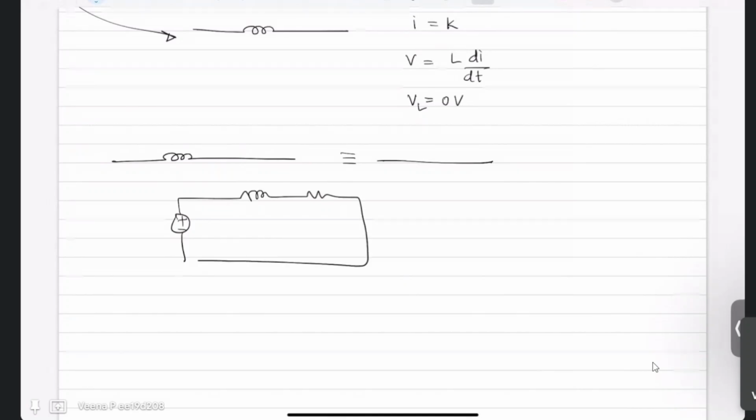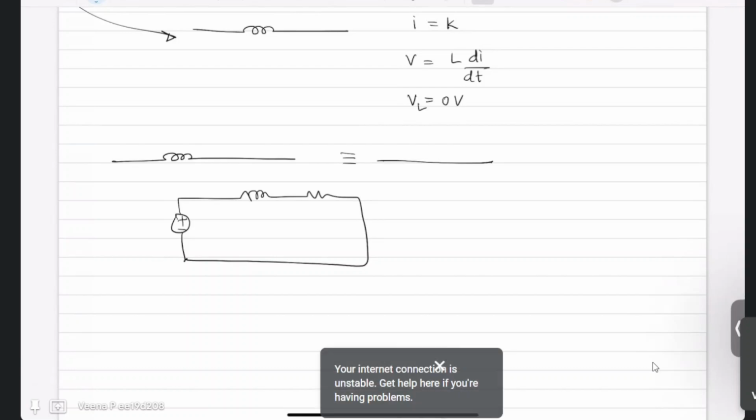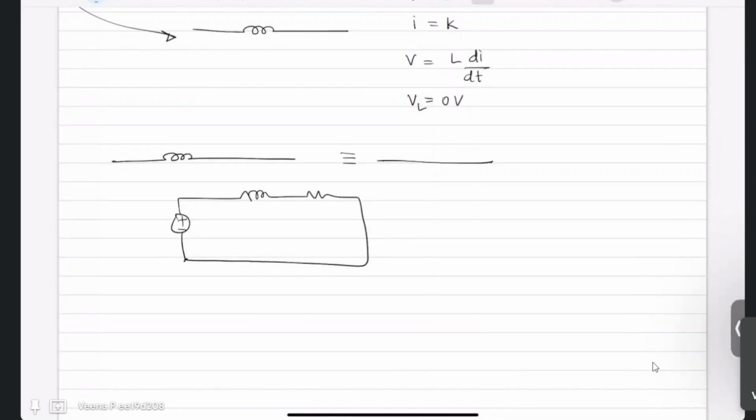So after some point, your current will become constant. So the inductor is a device which will oppose the change of current. It doesn't allow the current to change very fast. So when you first insert a circuit, they will oppose the change. But slowly it should accept that the current is constant. So when a current is constant, the inductor will act as a short circuit. That means at steady state, that means that after a long time, the inductor you can replace with a short circuit.